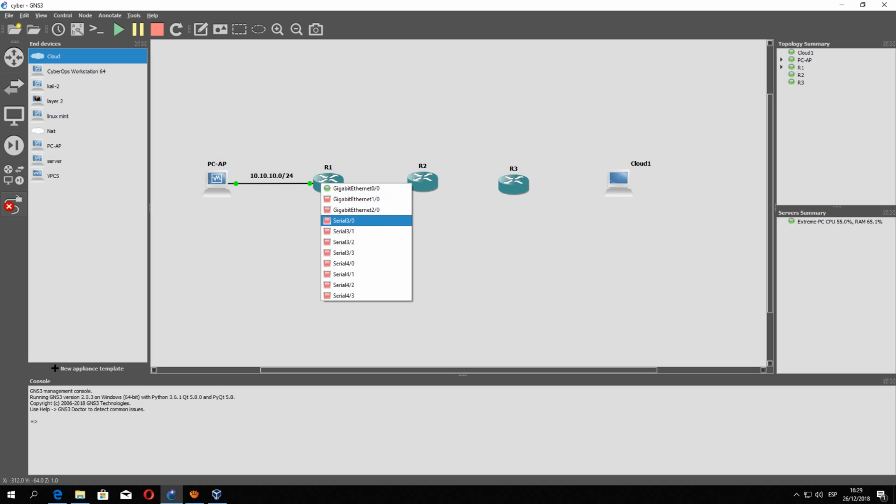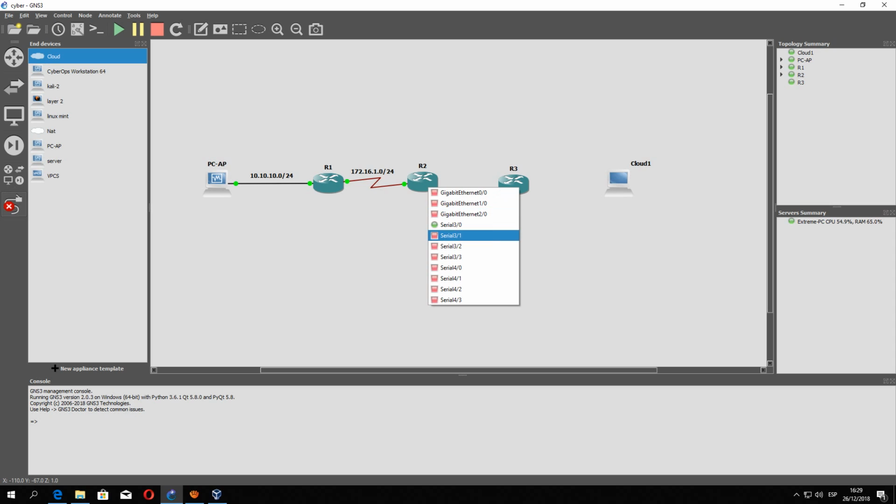Let's connect right here. This other network is going to be 172.16.1, the 31, 31. This other network is